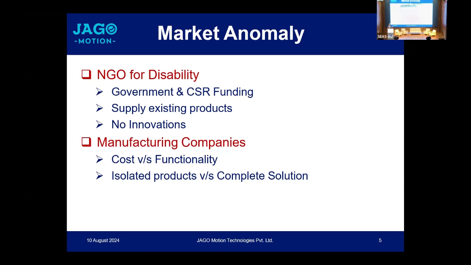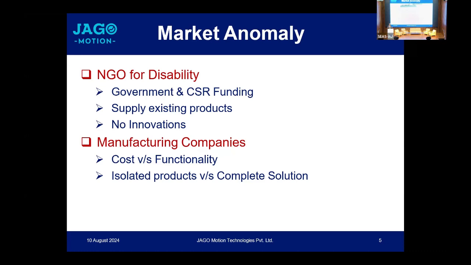Companies which are providing these solutions are providing it mostly through NGOs or government or CSR. So whatever their limited understanding, of course they work 20, 30 years, but I still call it a limited understanding because a lot of research has to happen in this sector which doesn't happen. They supply it, and the NGOs, which are the in-between party to disability and these companies, simply take these solutions and provide it. And the disabled people get it mostly free.